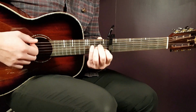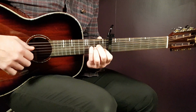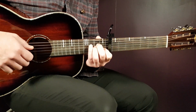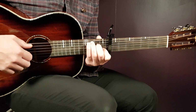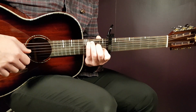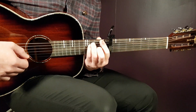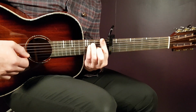Let's go over them. Starting here with A minor, that is open A, second D, second G, first B, and open E. We have C, that is third on A, second on D, open G, first B, and open E. We have F, and for this one, you don't really need the full bar chord actually, but yeah, it